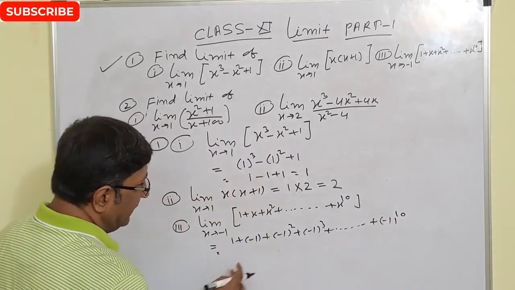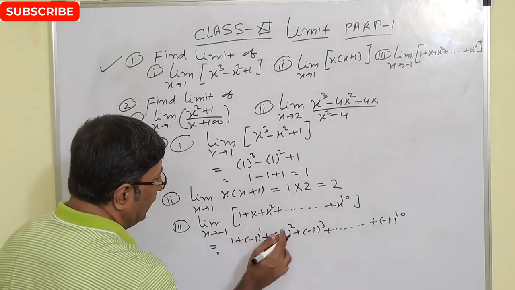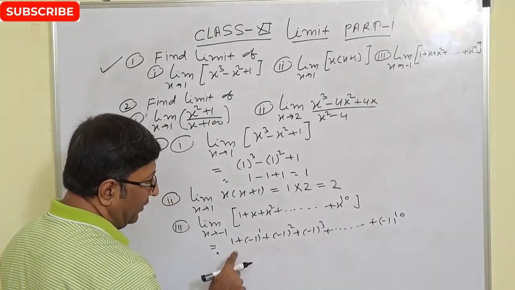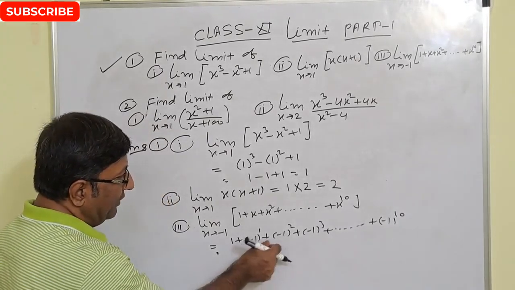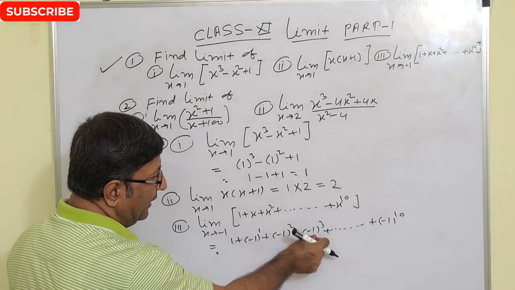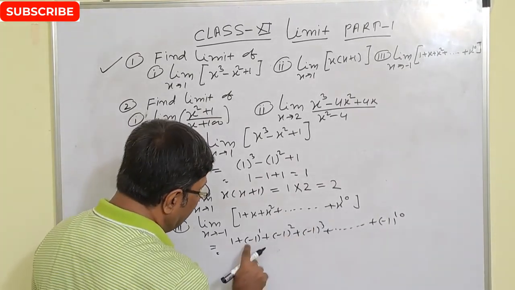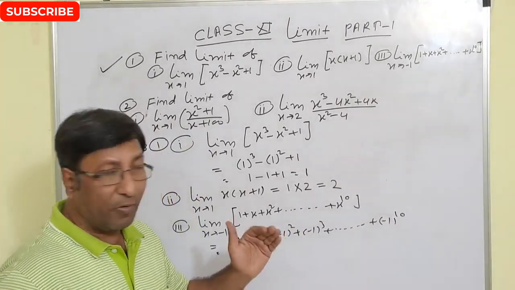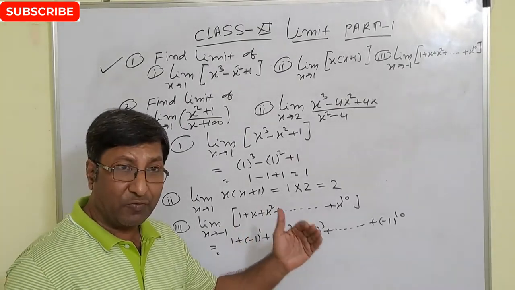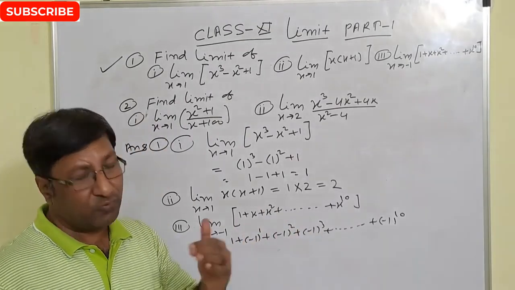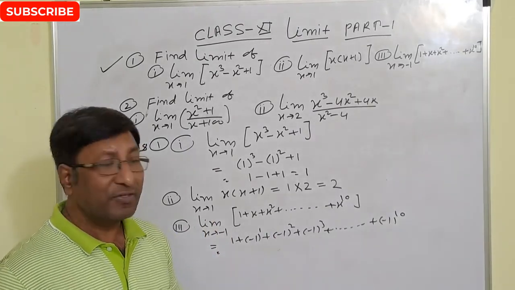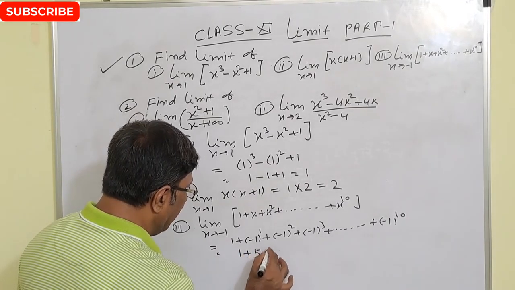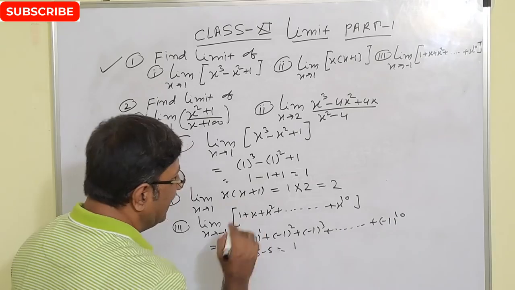So you know there is minus 1 to the power 1, 2, 3, 4 up to 10. So there are 5 terms here and 1. Of these terms, one is negative, this is positive, again this is negative, again power 4 positive. So minus 1 to the power 1 to minus 1 to the power 10: 5 terms positive, that is 5, and 5 terms negative, that is minus 5. So 5 minus 5 will be 0. So our answer will be 1 plus 5 minus 5, that is 1 is the correct answer.